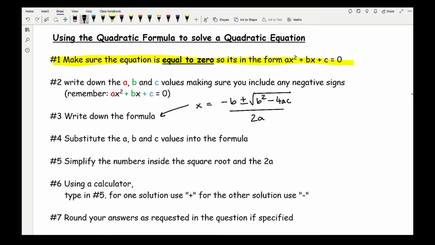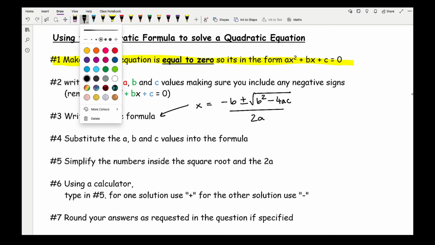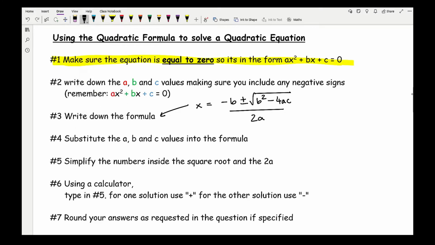Step 4 is then you substitute the a, b, c values into the formula. Now, the fifth step is what a lot of people don't do, and if you're going to go wrong, then this is usually where it happens. Step 5 says simplify the numbers inside the square root and the 2a. Now, basically what this means is, if I just write down what the quadratic formula actually is,